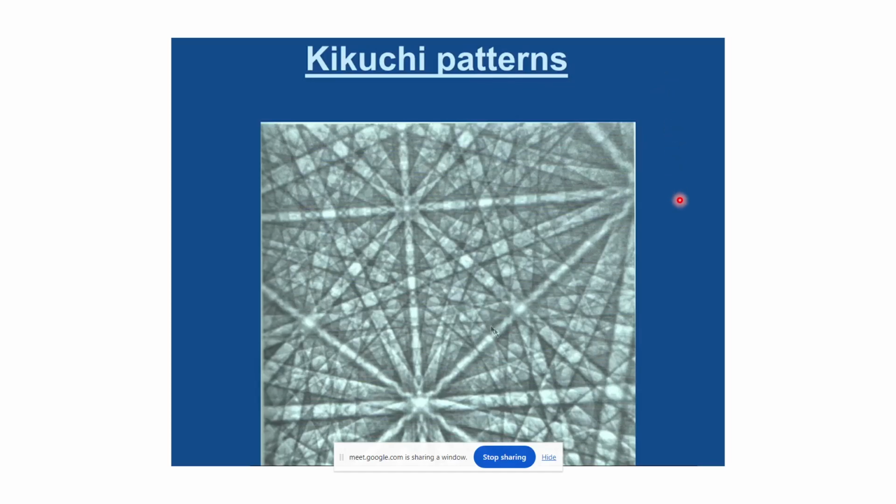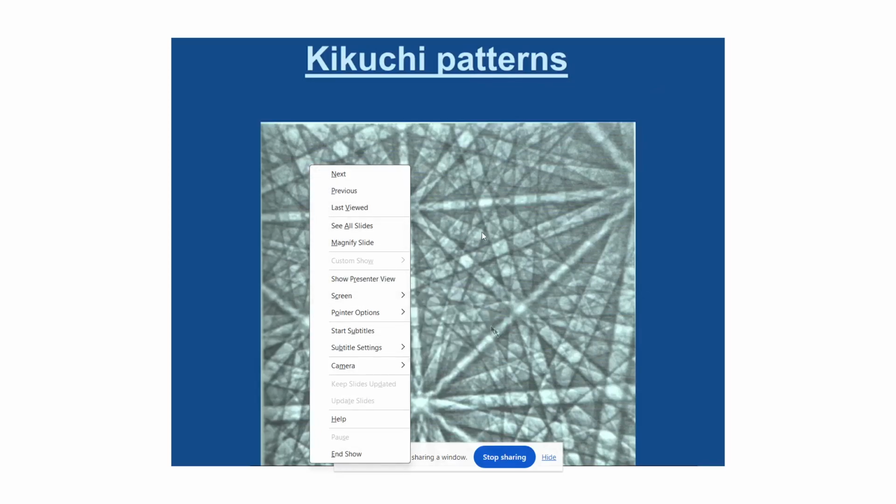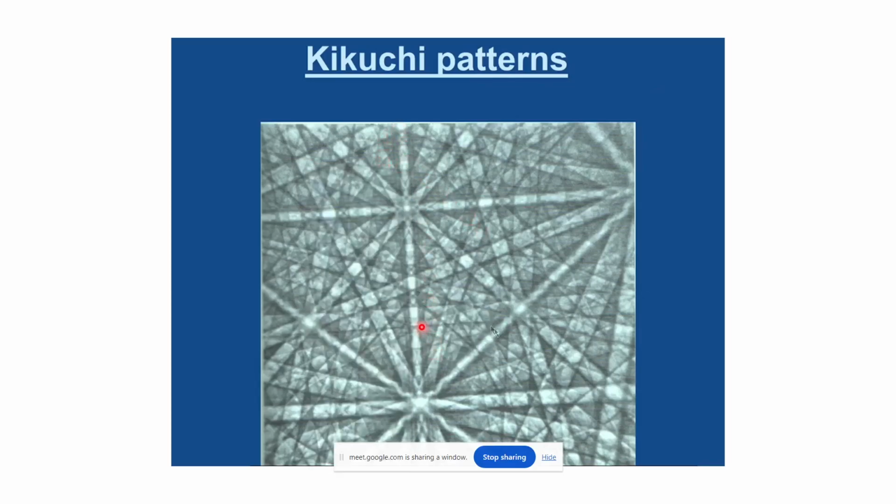And Kikuchi lines basically represent your EBSD pattern. So the Kikuchi lines look like this, where Kikuchi lines are basically just the roadmap. We will discuss this in later lectures. I'll explain in much more detail about these Kikuchi patterns in the TEM part. Here I only wanted to say that these are the Kikuchi lines, this line, this line, and the intersection of these lines. Like consider this point A. Let me make it point A. If this is point A,